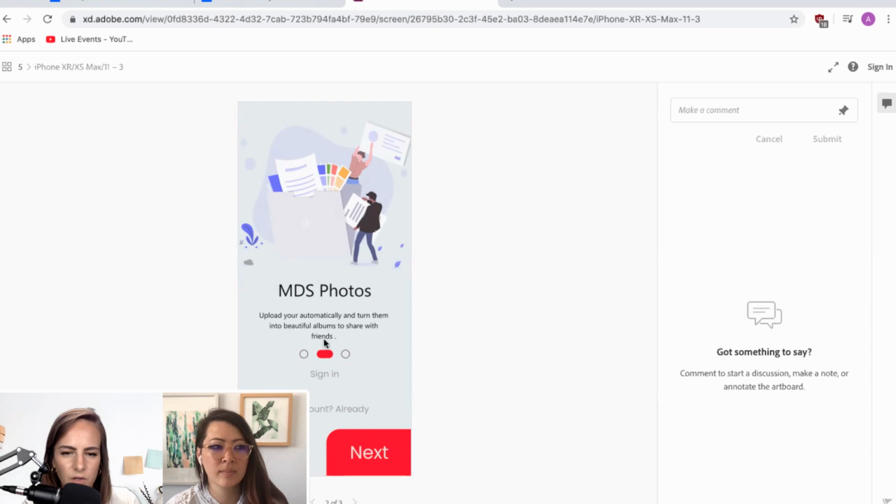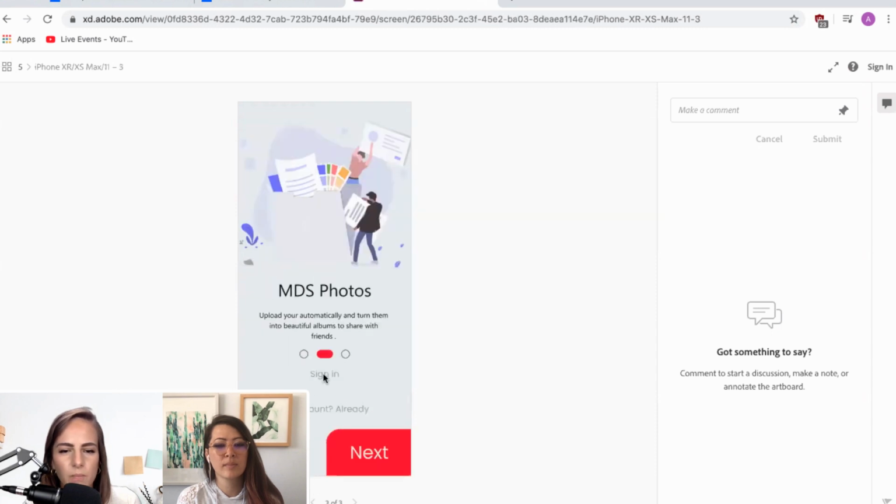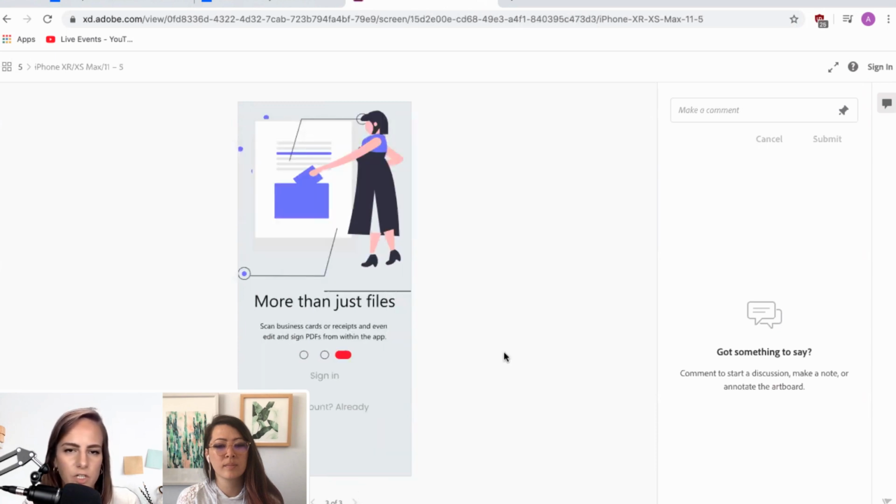So we've got photos, sign in. One thing I would say on this is there seem to be a lot of calls to action here. Do I click next, or do I sign in, or do I create an account, or do I click this little button? So I think I would leave these out until we're done with the onboarding, personally, so I can get a sense of what the app is about. And now, since we're done with all of those, now I would just see these. But I wouldn't show share, sign in, and no account on these previous screens. Just too much going on at one time.